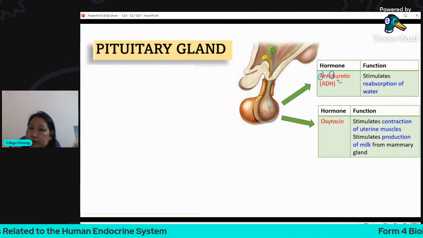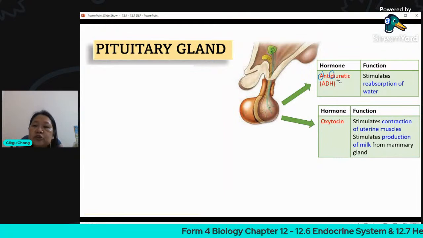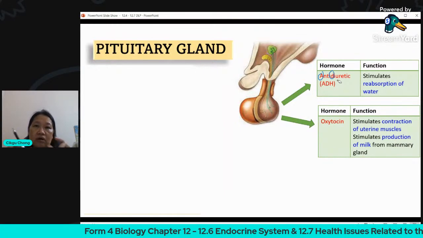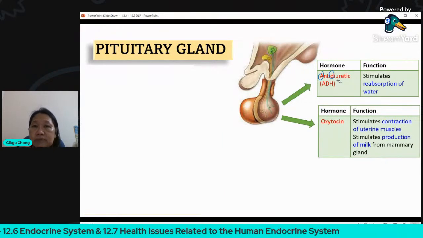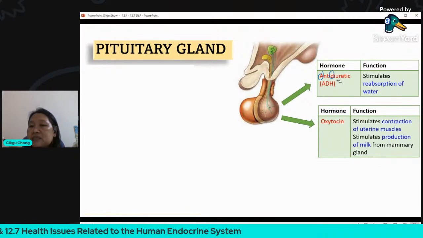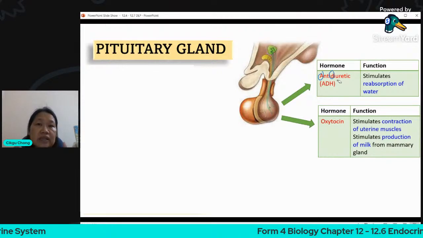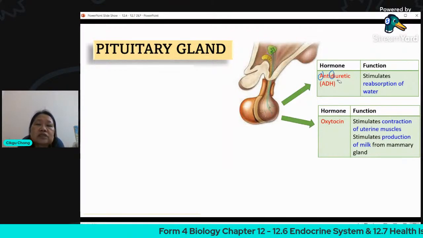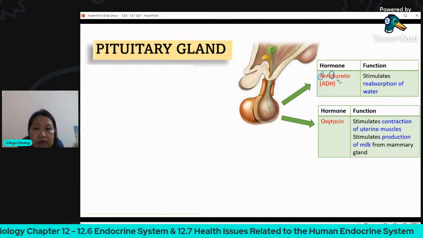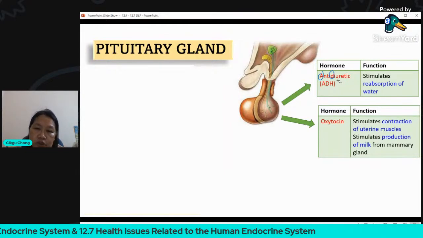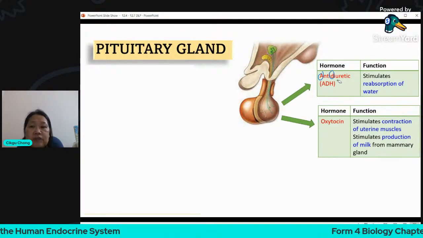This is the type of hormone which will stimulate the contraction of the uterine muscles. These are the muscles on the wall of the uterus. Uterus, you know, the one that carries the baby inside there, right? The baby is developed in the uterus. So this is particularly important during childbirth, when the baby needs to be pushed out. So the oxytocin will be released in high amounts when the mother sakit bersalin, when she's in labor. That would trigger the uterine muscles to contract rapidly to be able to push the baby out. So the baby is born.